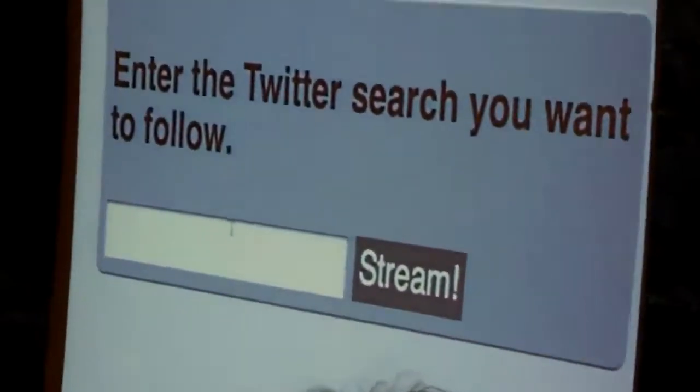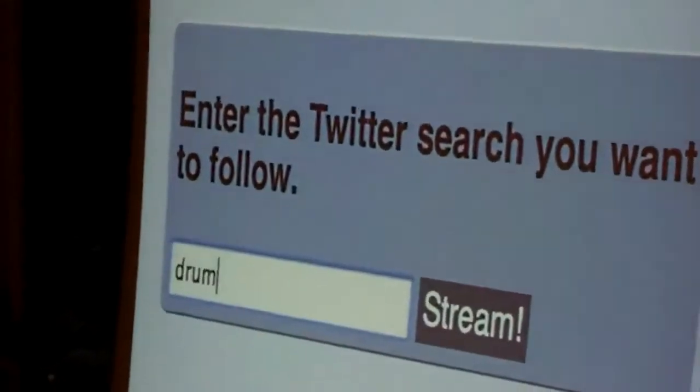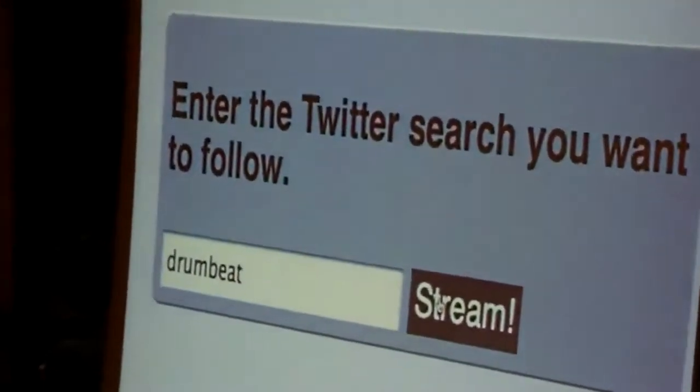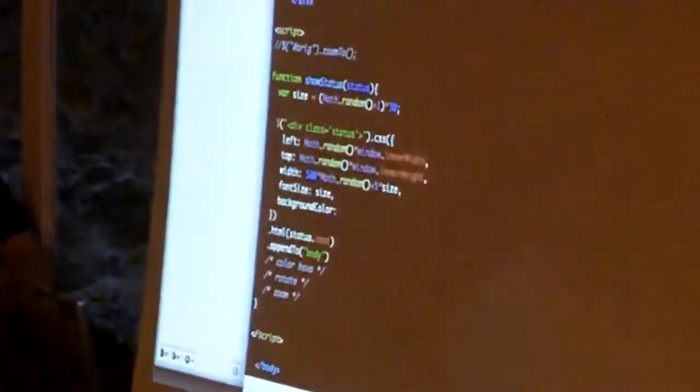Well, now we actually have to make this do something. So if I type drumbeat in here and hit stream, nothing's going to happen. Actually, first, before we do that, I'm going to uncomment that out. Let's have a little more fun inside creating the statuses. Let's give it a color, so background color. And then we're going to say a particular type of value for the color.